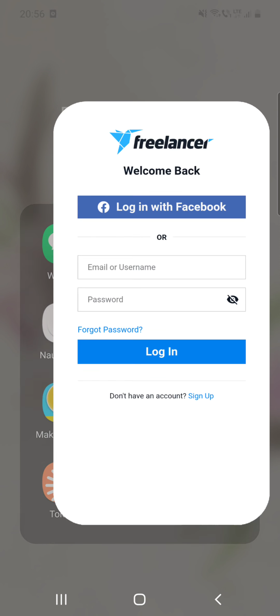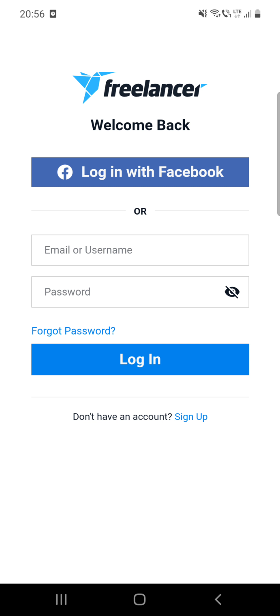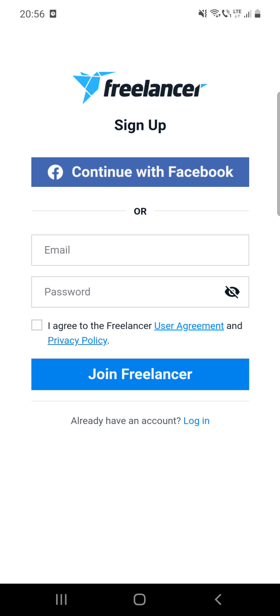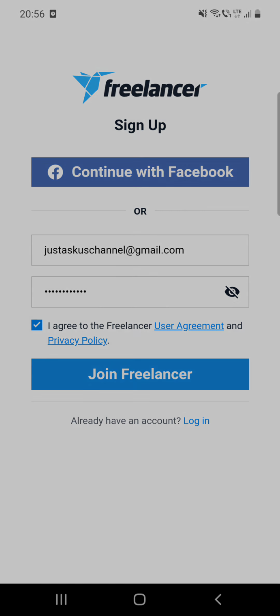So first open the app. If you do not have an account, click on the sign up at the bottom of the screen. After that, you can continue with Facebook, or you have to give your email address and the password, and after that you have to agree to the Freelancer user agreement and the privacy policy. And after that, click on the join Freelancer,